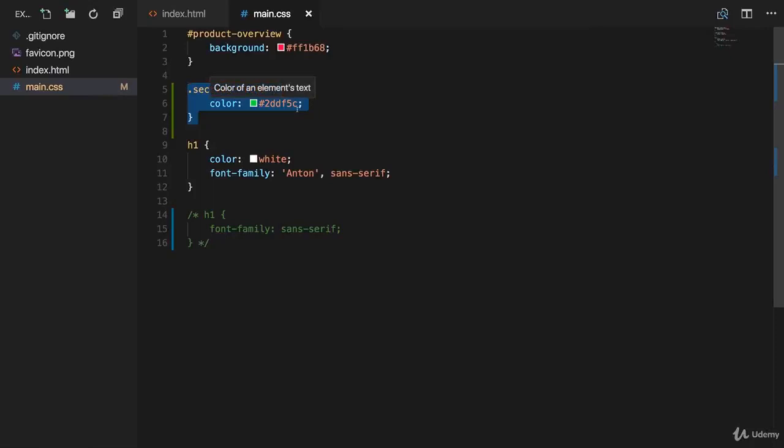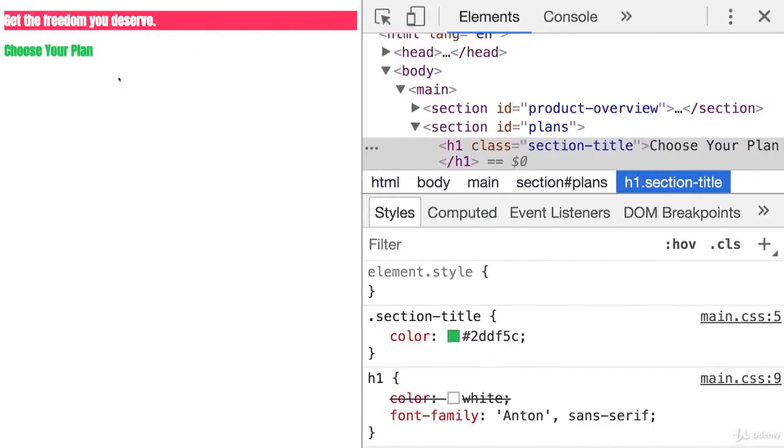Now there is something else related to all of that, and this is called inheritance. Inheritance means that an element also inherits some styles of the parent element. We don't use inheritance in our project yet, so let's add it to the project. And let's add it by setting a global default font so that the text in our project has a global font. I actually don't want to use Anton for all the h1 tags, and therefore, to ensure that this and other texts on the page, and we will add more text, have a different font, we should set up a